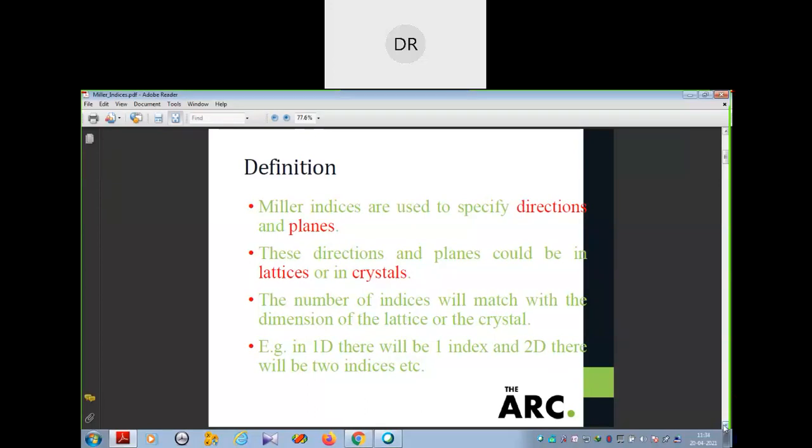There we found that there are two things. One is a, b, c. What does a, b, c mean? You remember? Edge length, the edge length of the cube. If it is simple cubic, all the sides are equal. But if it is not simple cubic, then a, b, c will be different. Similarly, the orientation angles between the axes: alpha, beta, and gamma.